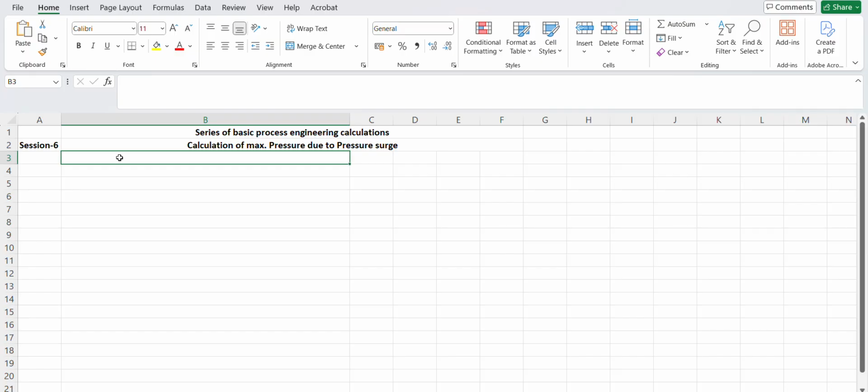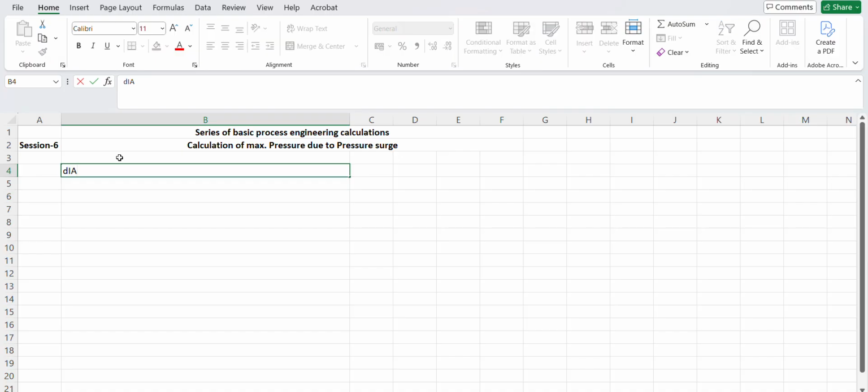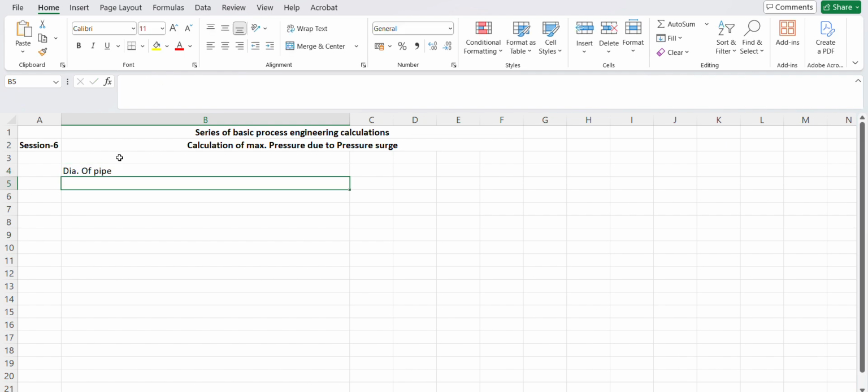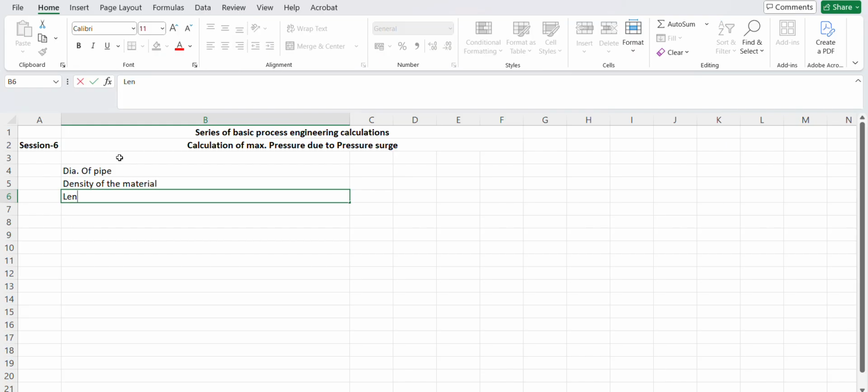To calculate that surge pressure we need some data, and we will input that data: the diameter of the pipe, then we require the density of the material which we are going to transfer from the source to the receiver. Then we need the length of the piping,